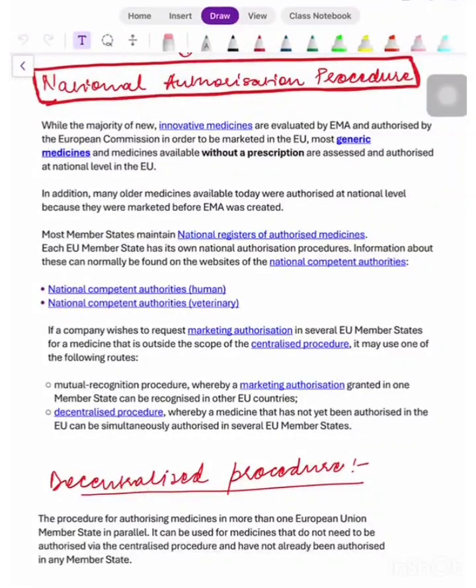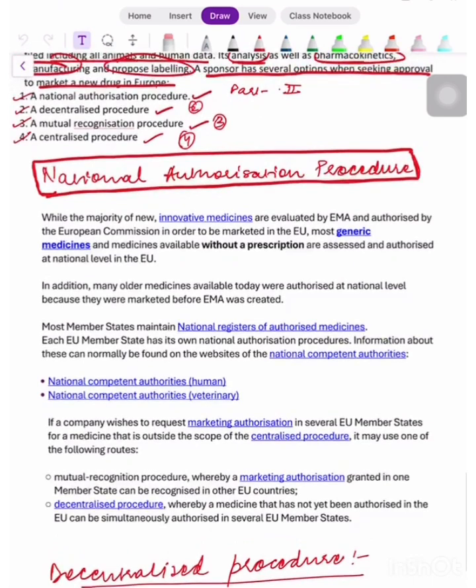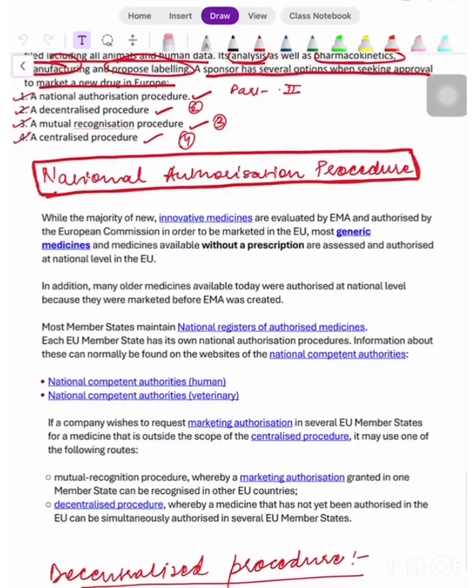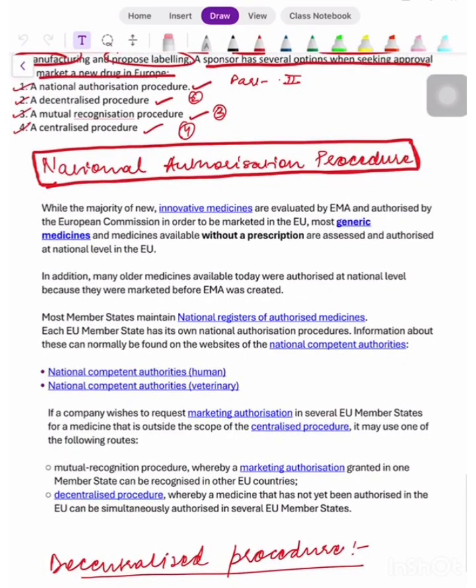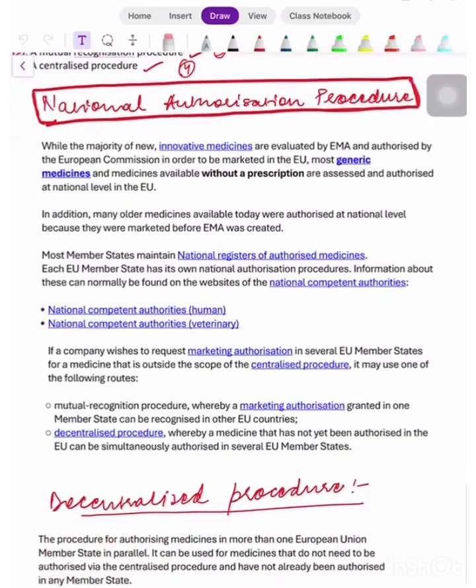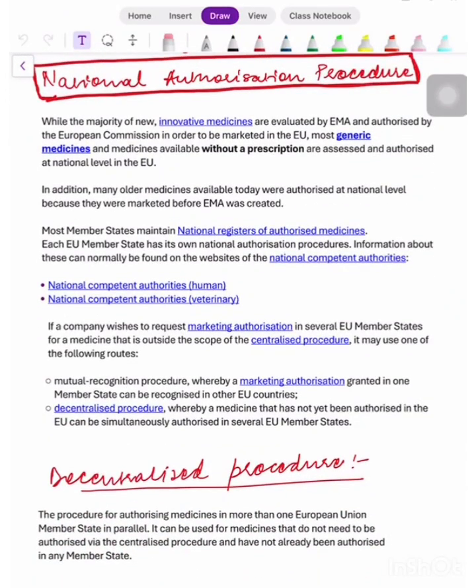So in this lecture, we are going to talk about national authorization procedure. It is one of the procedures that a sponsor can opt for if they are seeking drug approval to market a new drug in Europe. So national authorization procedure. While the majority of new innovative medicines are evaluated by EMA and authorized by the European